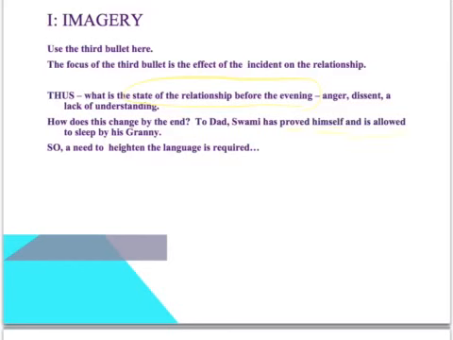And we will realise, of course, that by the end, Swami has proved himself in his father's eyes, and is eventually allowed to sleep by Granny, even slightly grudgingly, which we'll come to in a moment. So in order for this to happen, we need to move the dialogue, and Narayan does this by moving away from the dialogue-driven narrative that we've seen thus far, to a narrative which is much more redolent of maybe a ghost story, something of that nature.